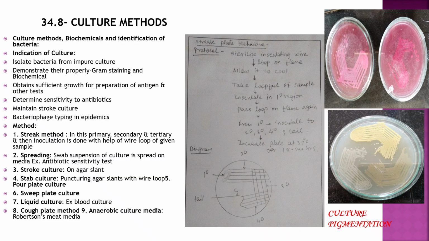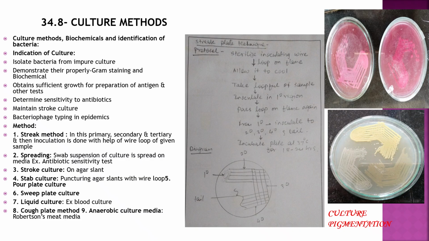Streaking on the plates is done this way. First, you have to heat the wire loop on the flame till it becomes red hot, then wait for some time so it cools, and then take the sample on the wire loop and do the primary inoculation. Then from that primary inoculum you draw lines horizontally, then rotate the plate, again draw lines, then rotate the plate, again draw lines, and then a tail at the end. So this is primary, secondary, tertiary and quaternary inoculation, so that you will get isolated colonies